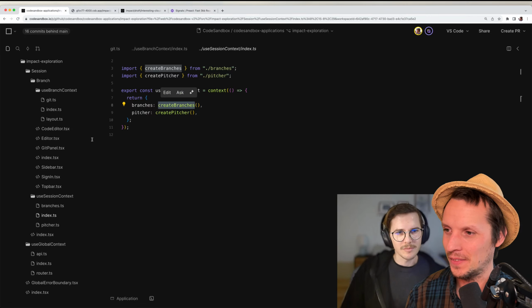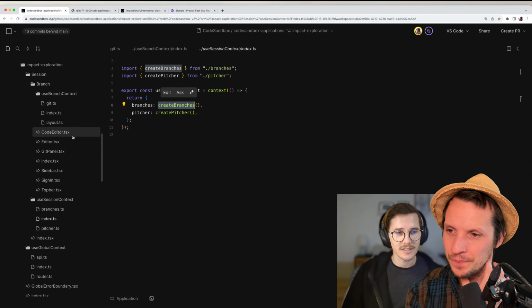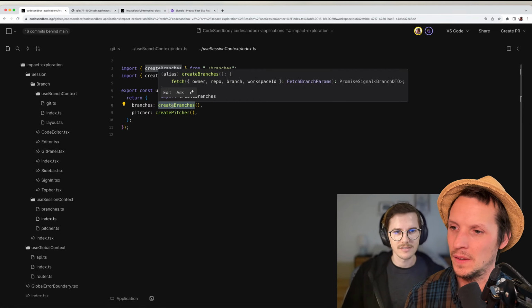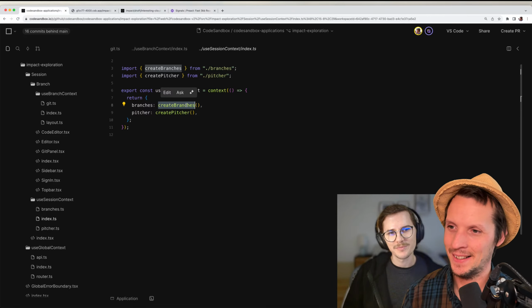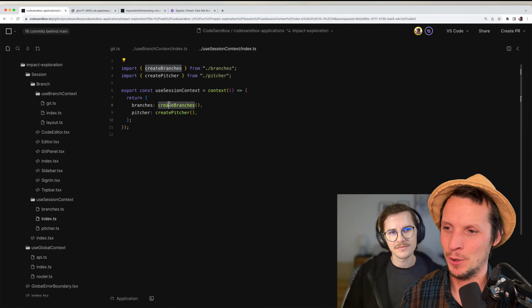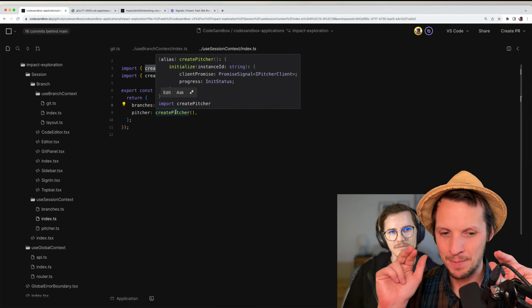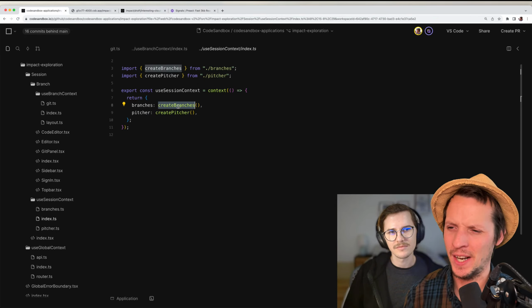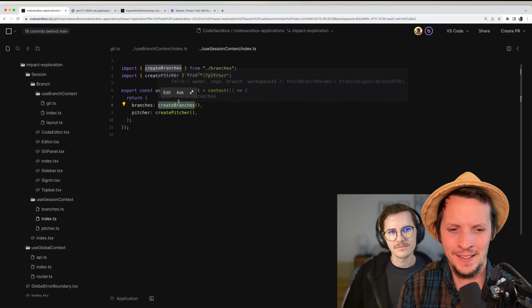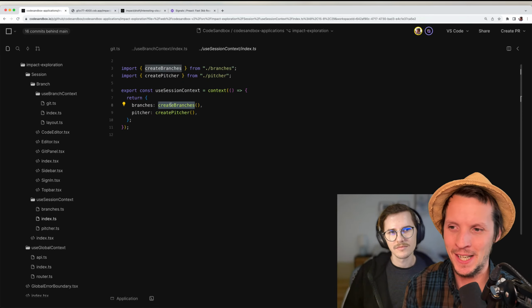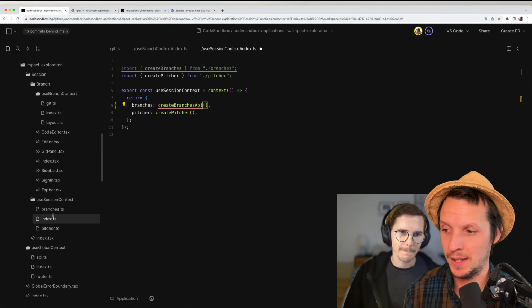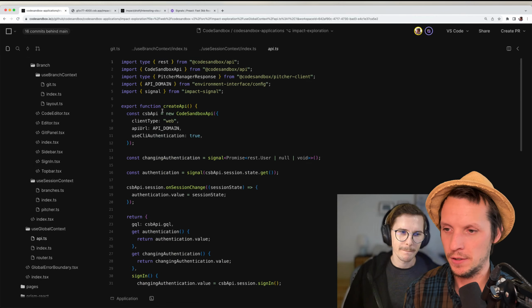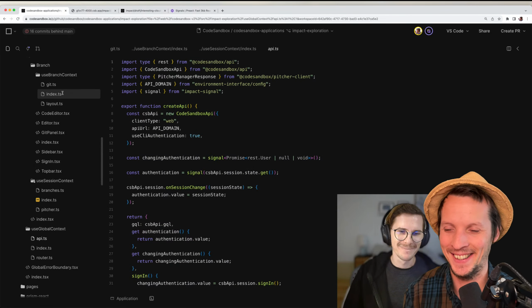Yeah, I can see the problem about create branches, which sounds to me like an action. Like I want to create a branch. Yeah, exactly. That was the second thing. I'm calling them create namespace, but should I call it initialize branches? But still, it sounds like you're initializing branches while you're really creating the API for dealing with branches. So should I call it create branches API? But then what would I do with API? Should I call it create API API?